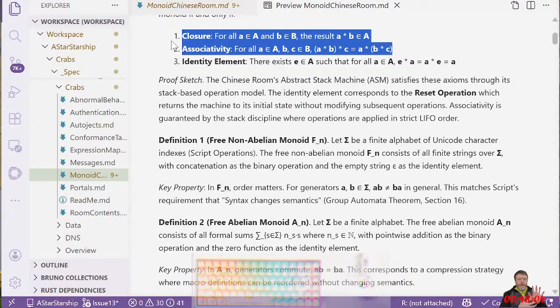It's not going to be partially dependent on another thing. So then when I do the associativity, events can happen in different orders. It's a fancy way of saying this is a stack machine with contiguous memory, and I can execute things in different orders because they have their own memory space. And then the identity element is